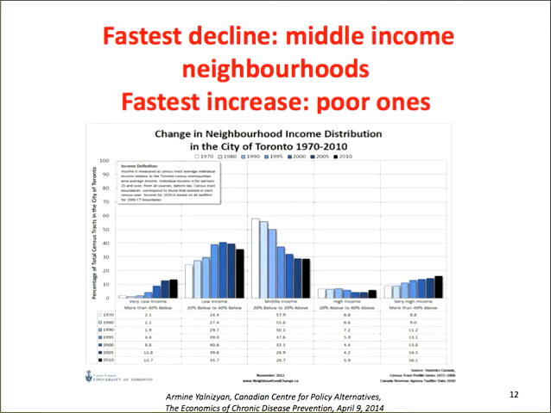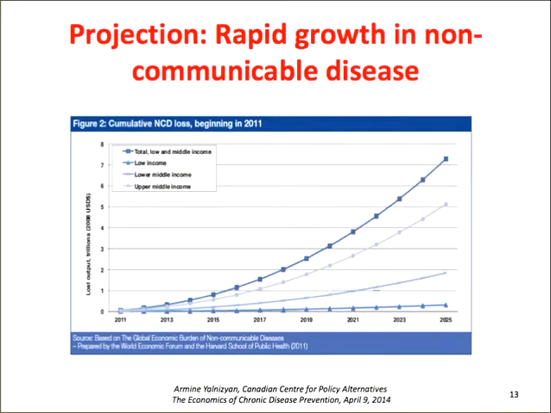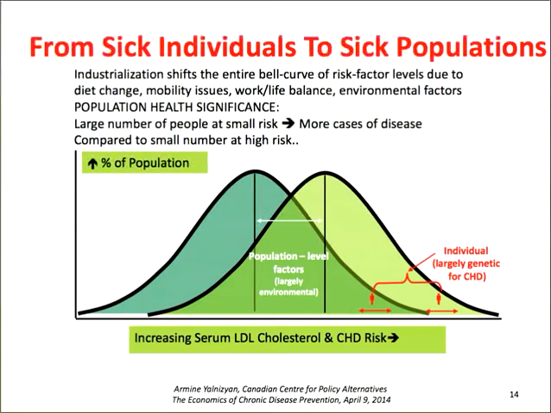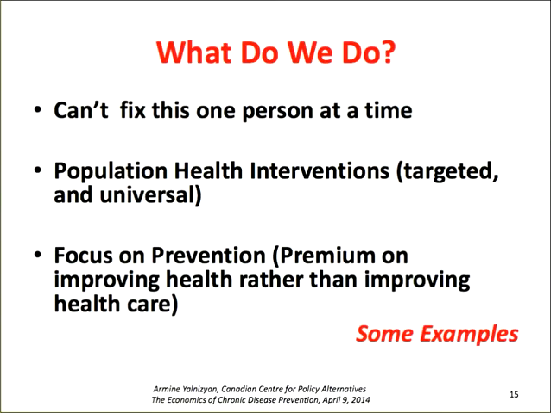What we're seeing when we talk about the growth in chronic disease, non-communicable diseases, is happening most rapidly in the richest countries. That's the curve that's being projected going out. So we're going from a shift from sick individuals to sick populations, and that's why we need population health interventions. So what can we do? Well, first of all, don't believe, no matter how much patient-centered care is desirable and an important thing to move towards, we are not going to fix this one person at a time. We need population health interventions, and what that means is sometimes targeting care and sometimes making universal changes, and I'll talk about that in a second with my examples.